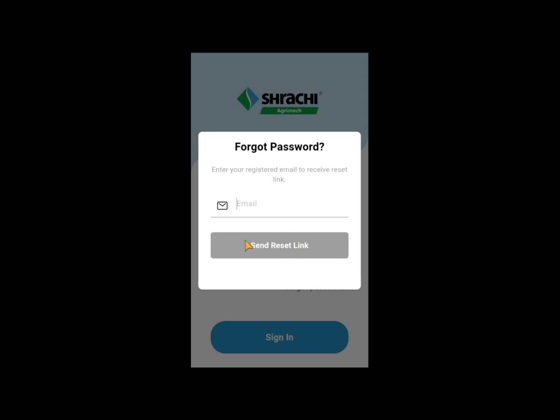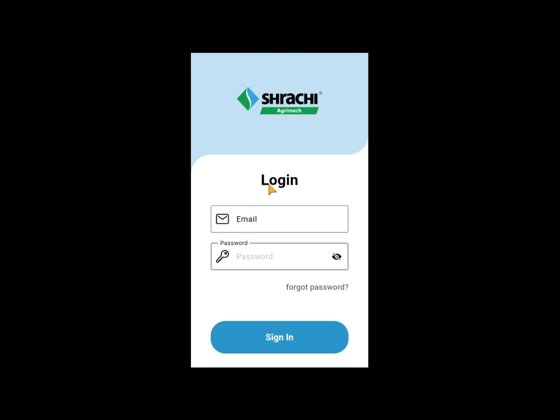Then a link and some details will be sent to your email. So go and check your email ID, check your details, go there, reset your password and generate a new password. This is all about the Saji CRM.